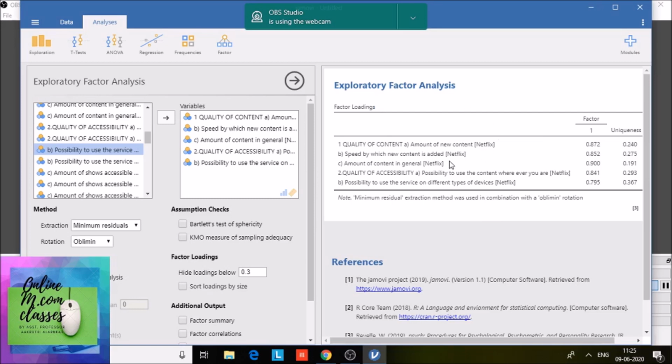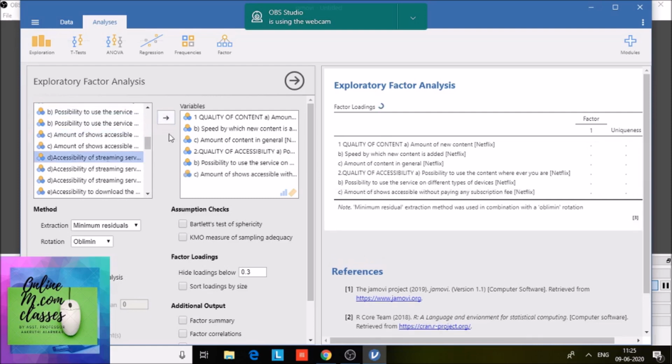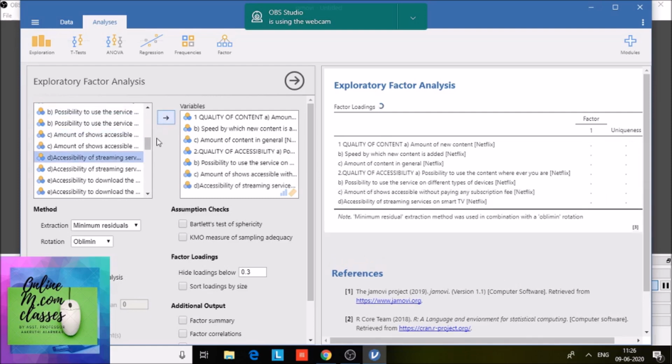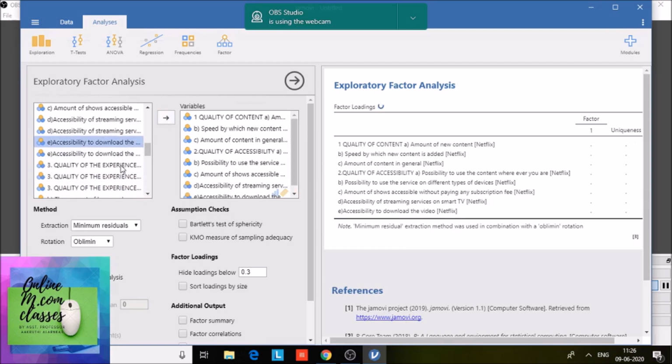Remember, only of Netflix we are selecting, not of Amazon Prime, not of Hotstar. And on the extreme right hand side you can see that the total factor loadings are getting uploaded. So we will keep on adding the factors so that we get the total factor loadings. As you add, you can see the extreme right hand side it is getting updated.